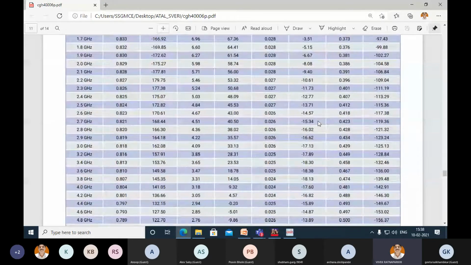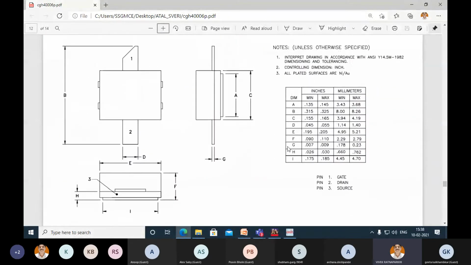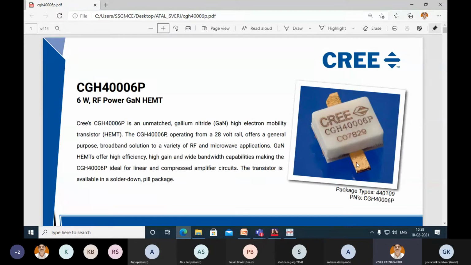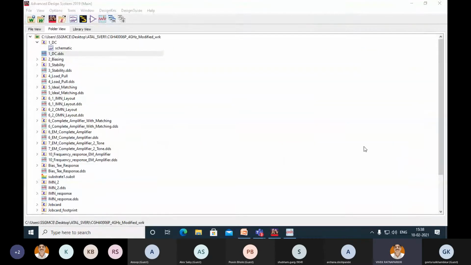And about the transistor, S parameters are given, and package dimensions are also provided to make the proper footprint of your transistor. If you are going to fabricate this, this information is very important while mounting the transistor on PCB. So what is the width, what is the length from either side, and what is the entire length and width of this packaging, that will also be required to do the fabrication. All right, so this is our step number 1.